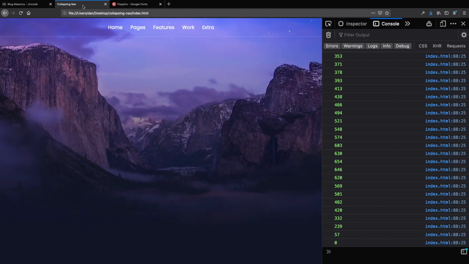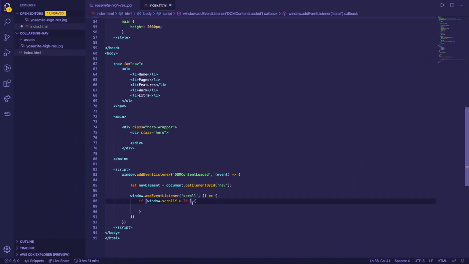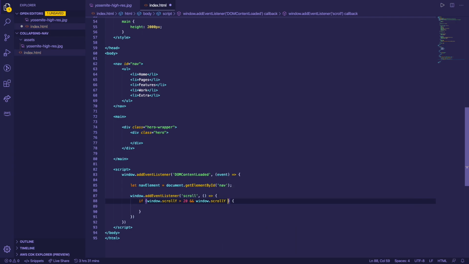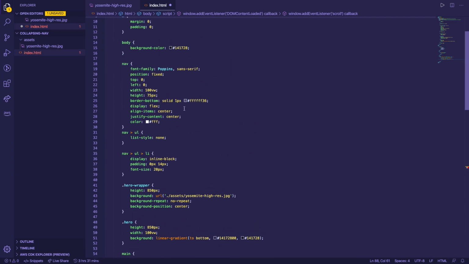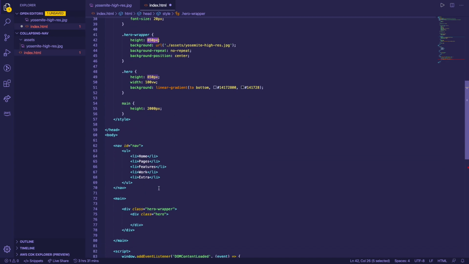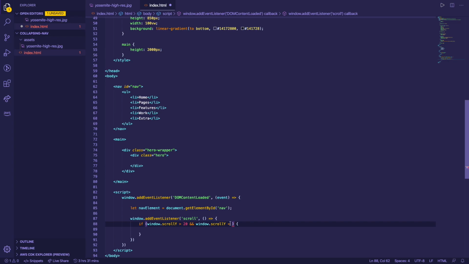So what I'm going to do is, I'm going to say if we've scrolled just a little bit, but we haven't scrolled too much, window.scrollY. If we haven't scrolled too much, so if it's greater than 20, but if it's less than, our height is 850, but I don't want to wait until we've completely scrolled to the end of that gradient. So I'm going to take off about 100 pixels and say if it's less than 750, then we're going to add a class to our nav. So I'm going to say nav element,